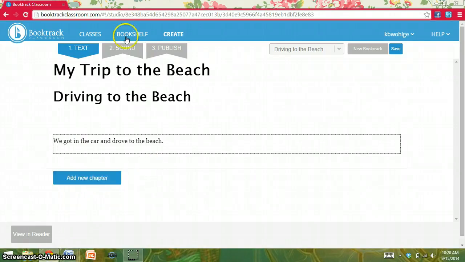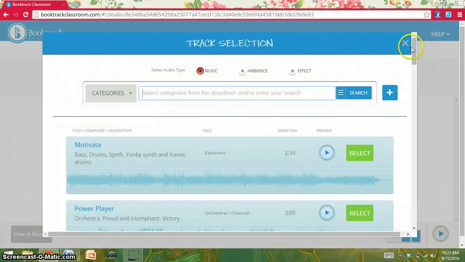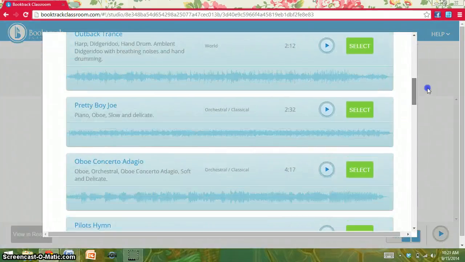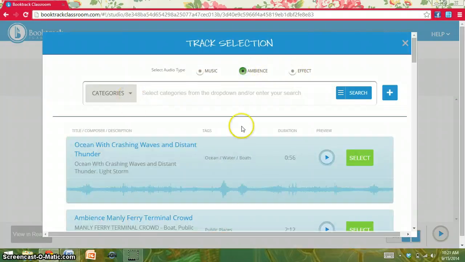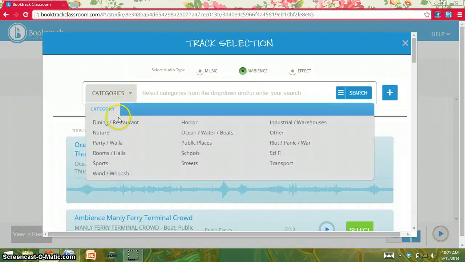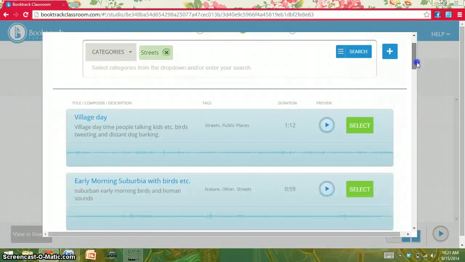And then you'll go here and add sound. So you highlight the text that you want to have sound. And you have all of these to choose from. But we'll go to ambience. And so here's just a couple, a terminal crowd or ocean waves and thunder. But we'll drop it down and we'll go to, let's see what they have, streets. Because we're driving on the street. So let's see what that gets us. So you click search,